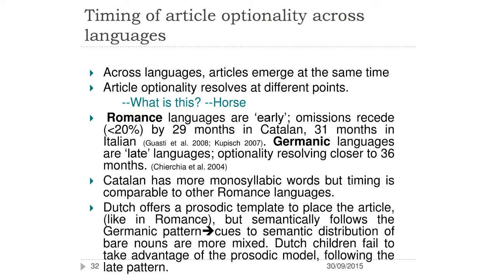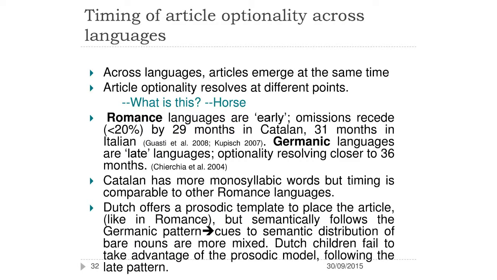So across languages, articles start to be used by babies at about the same time, fairly early, again around the second birthday. But children go through stages in which they don't use them reliably. So you ask a baby, what is this? And the little one would say to you, horse, right? You've heard such exchanges. Yeah, it's very common. So we study the age at which they go from "horse" to "a horse," just when they begin to use articles more reliably.